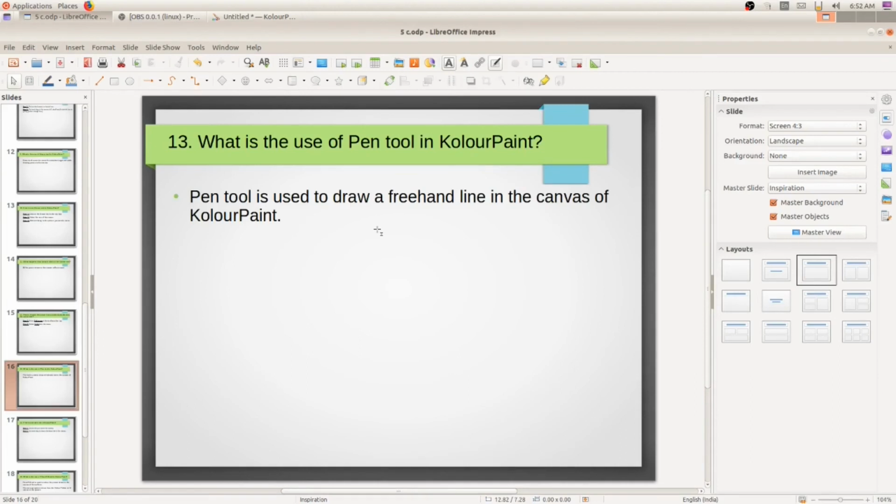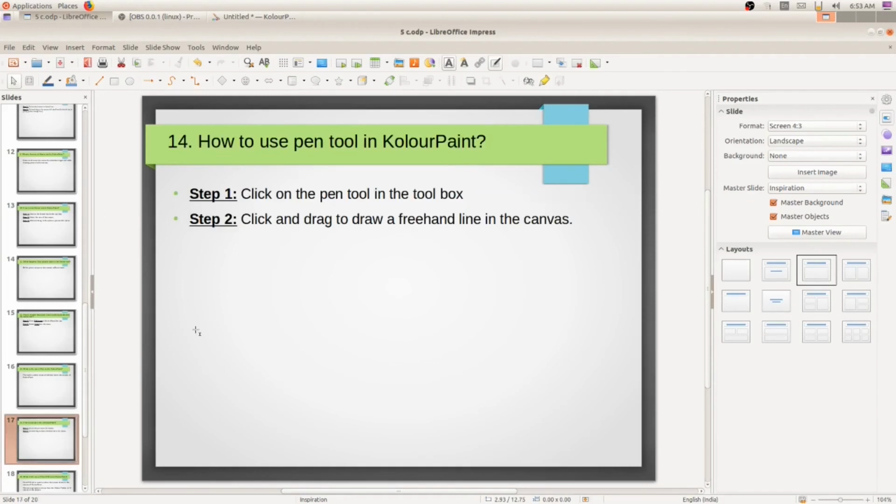But what is the use of pen tool? It is used to draw a freehand line using our hand. So please make clear the difference between line tool and pen tool. Is it clear, my dear students? So please take down in your notebook.